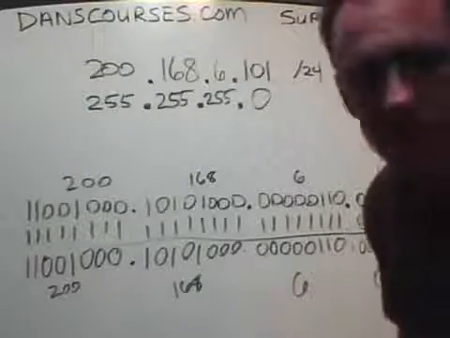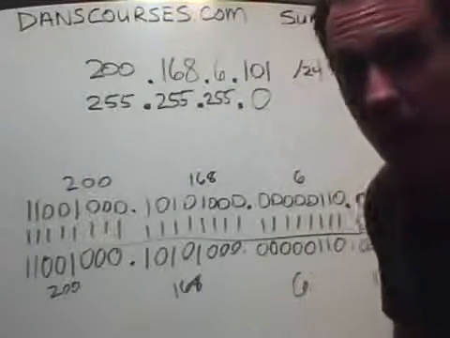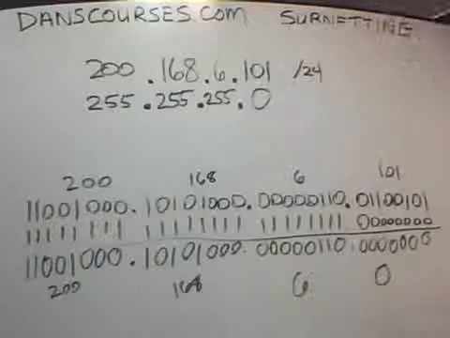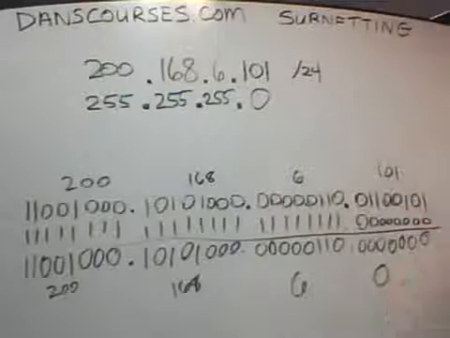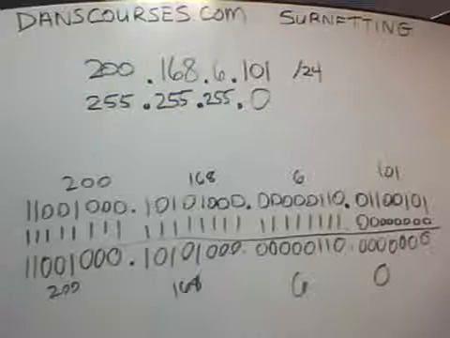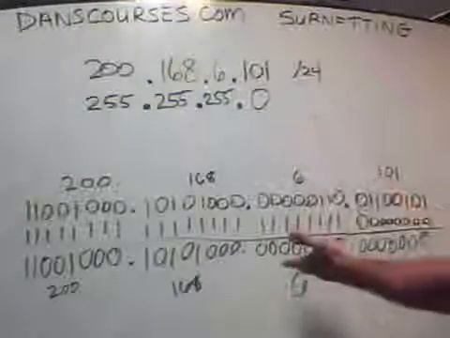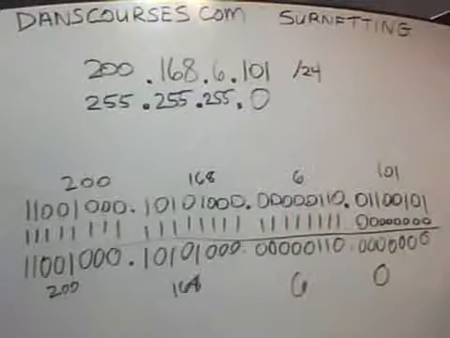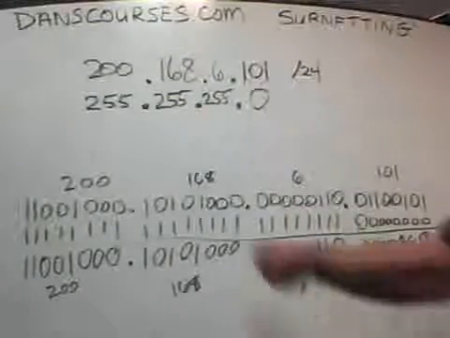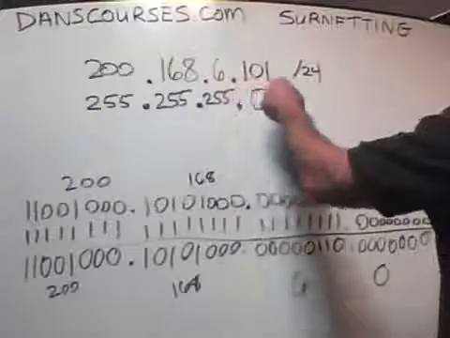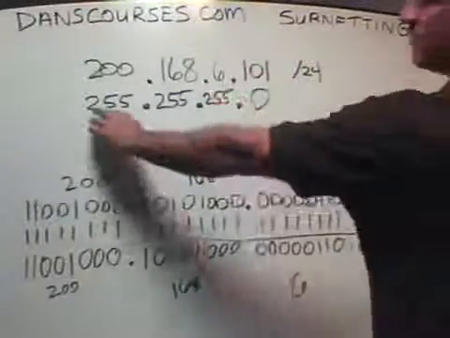In the last video, we're going to nail this down, right? Basically we showed how a router takes the binary and ANDs them together to find the network. It took the IP address 200.168.6.101 and ANDed it with the net mask